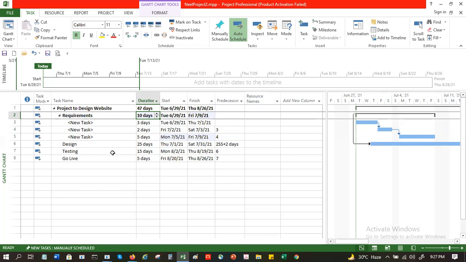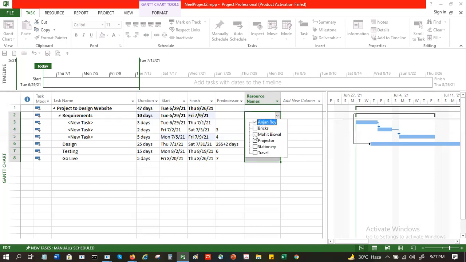So if we now decide to give some resources here, then you can just pull them up. Let's say I'm going to give Anjan Roy, who was the project manager, and Mohit Biswal, who was the project lead. I'll have some stationery, some travel, and I will use the projector.